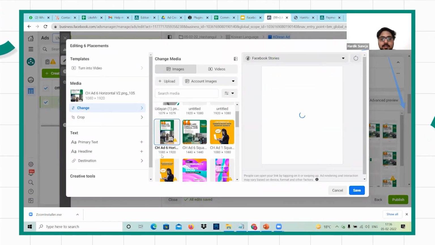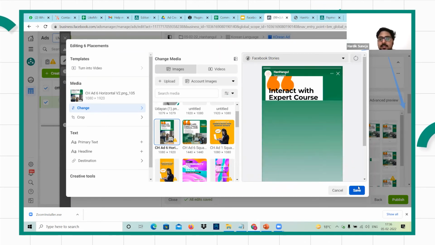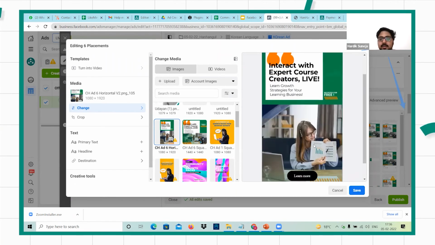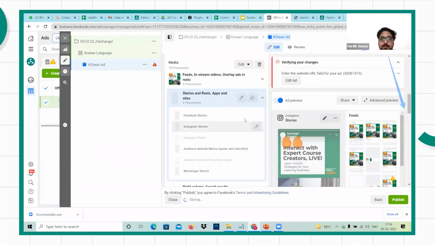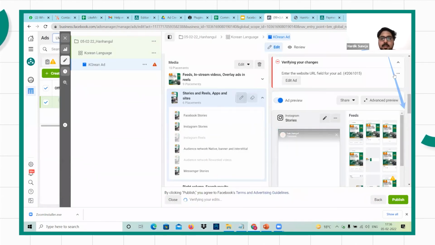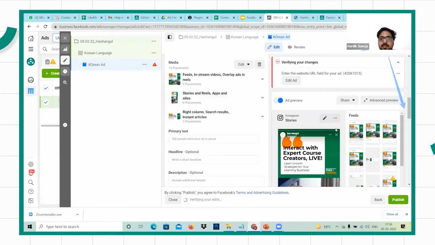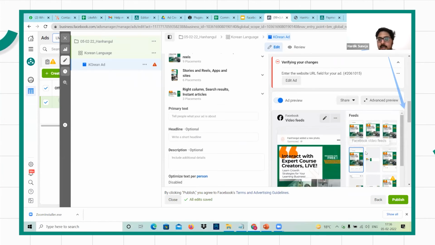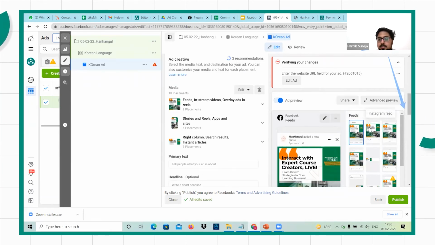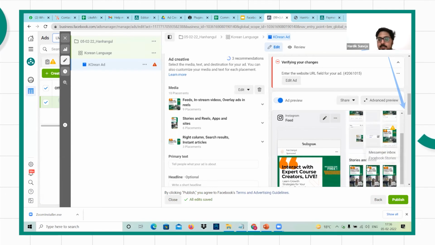Story size of it, 1080 into 1920, and this is how it will be displayed here. Now it is using the complete screen of the story section. So that was the intent behind it, and we'll click on save. And now if you look at how it is appearing here,